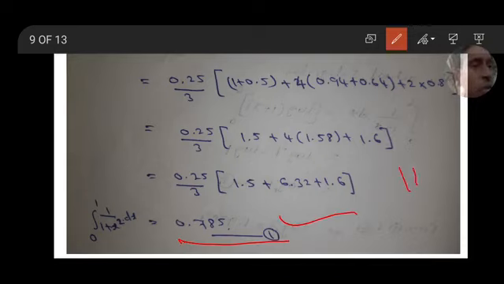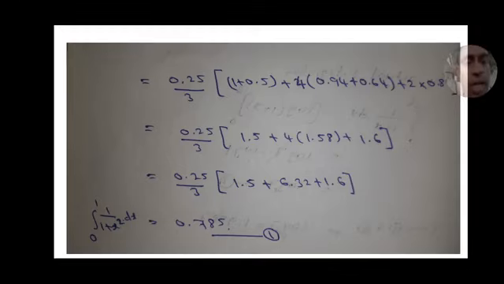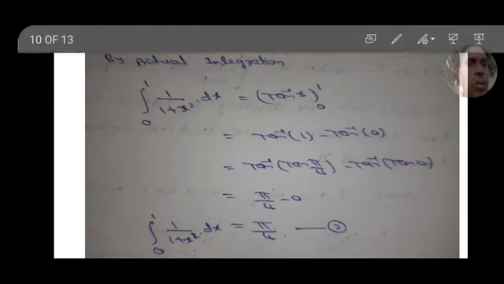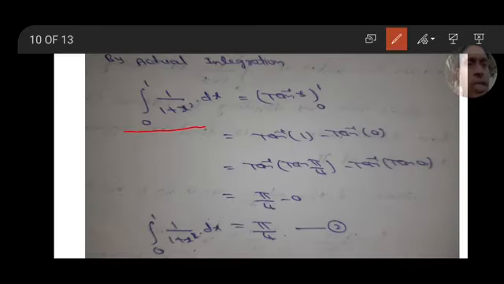In the question we have to find the approximate value of pi. So from here onwards, the extra part, we have to do by actual integration. This is equation 1. Remember that the integration value is 0.785, that is equation 1. So by actual integration, 0 to 1 of 1 by 1 plus x square dx, what is the integration? Tan inverse x, tan inverse x from 0 to 1. We have the formula for integration of 1 by 1 plus x square equal to tan inverse x, with limits 0 to 1. So upper limit tan inverse 1 minus tan inverse 0.